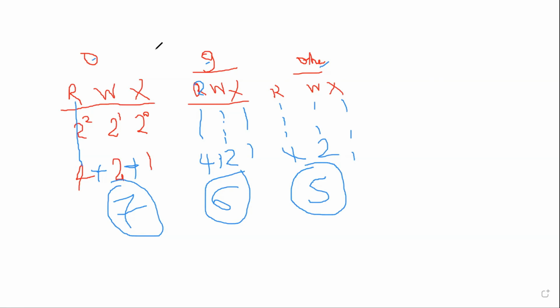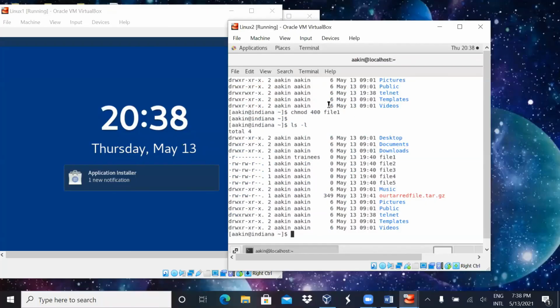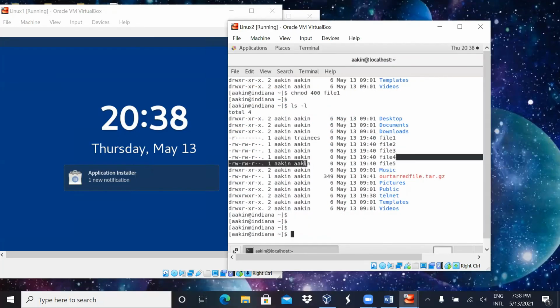In fact, let's go and apply. So let's go 675. Let me 765. Let me share this. So let's take a file, for example. Let's take this file. What file? Let's take this file, file 4. Right now, file 4 is owned by the user Akin, and then is owned by the group Akin. All right? Akin can retain it. That's not a problem. But he wants to share this file with the whole world so that not only him will be able to have access, other people also will be able to see it. Other people in this case will be everyone else, because only Akin user and Akin group are here. So if I do chmod, all right,